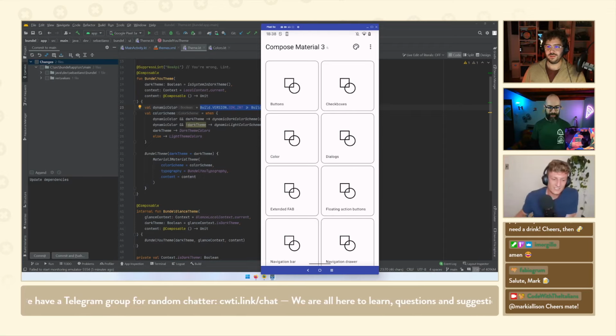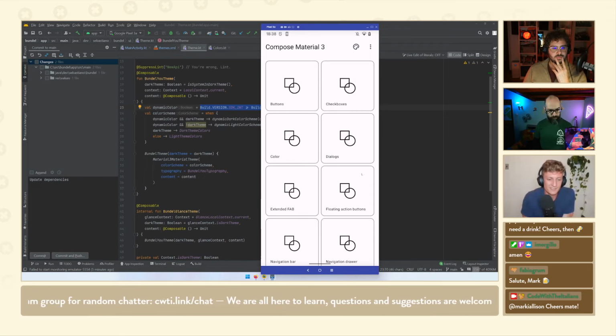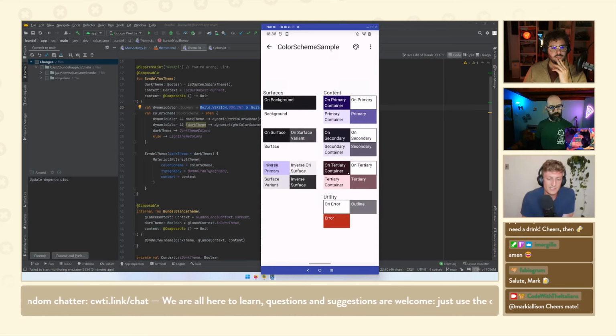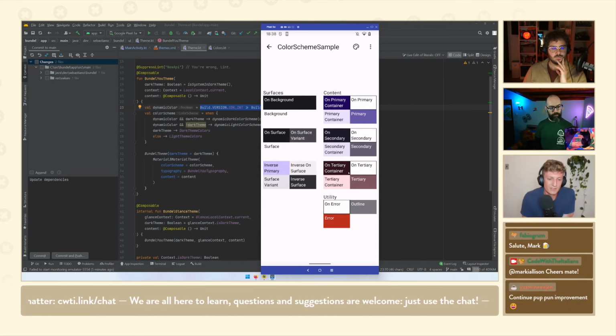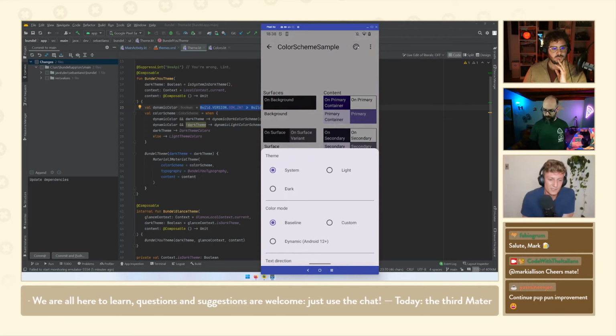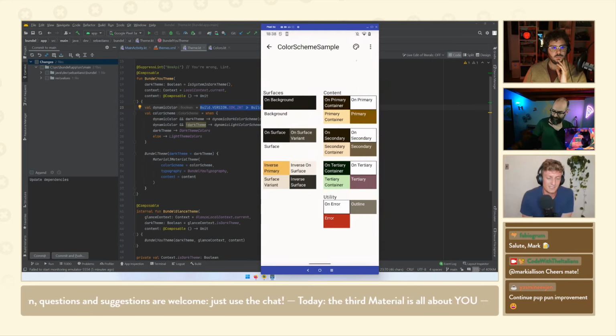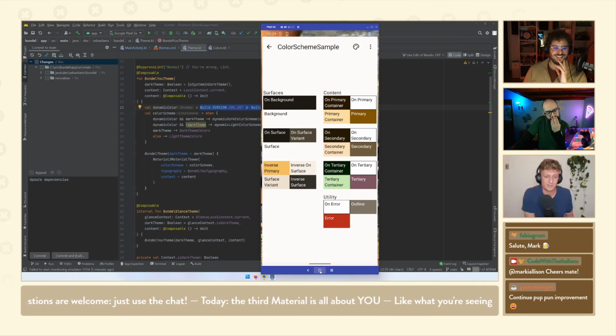So, nice. I guess probably there's the one block there called color, which is maybe kind of an interesting one, but it's just a demo of a color scheme. What's interesting here is that if you go to that little theme icon at the top right and choose to use dynamic color as the color mode, then you'll see that it has now changed all those colors, and those colors should be coming from your phone's wallpaper. I don't even know what your phone's wallpaper is, but feet.